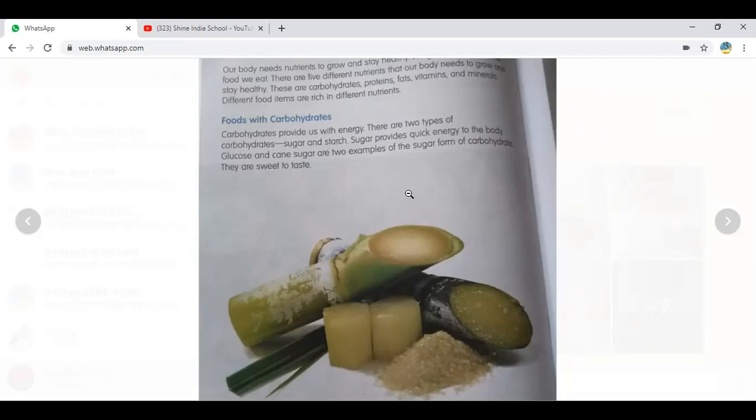Right? Glucose and cane sugar are the 2 examples of sugar from carbohydrates. They gave us two examples of carbohydrates: glucose and cane sugar. Cane sugar means sugar cane. They are sweet to taste. If you take the sugar cane or the sugar,